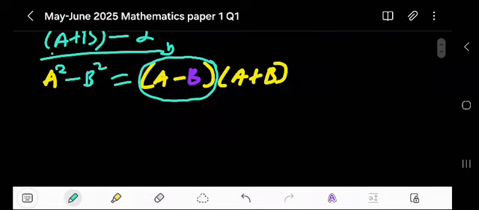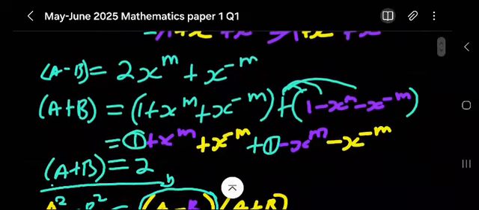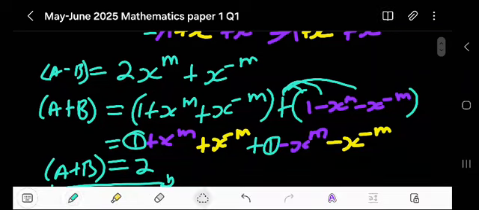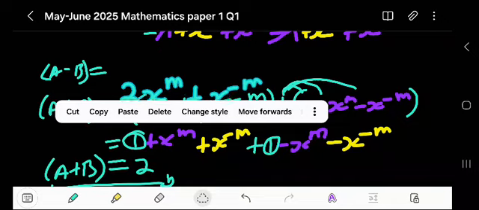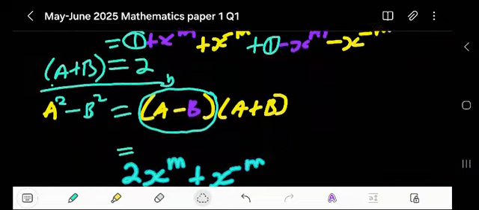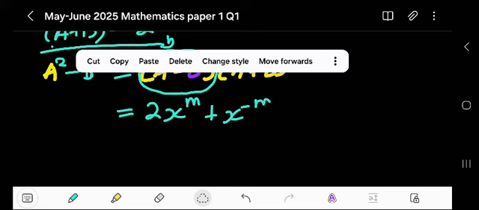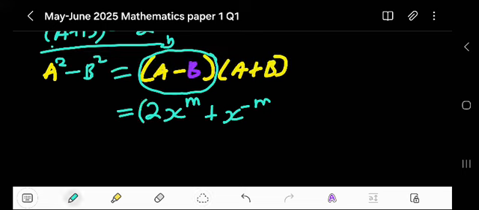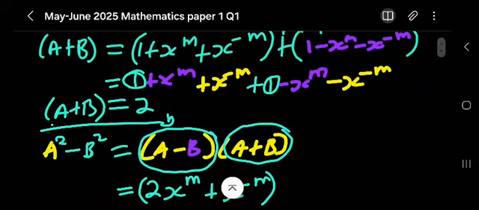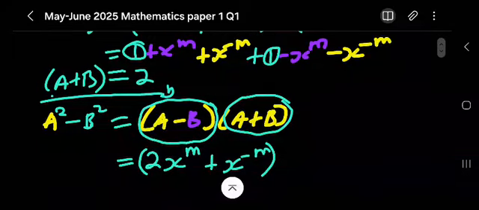So if you check a minus b, we have a minus b here, and a minus b there. You plug it like that, but we must also have a plus b. We've just calculated that a plus b is 2. We have it there, which is 2. Then you multiply this